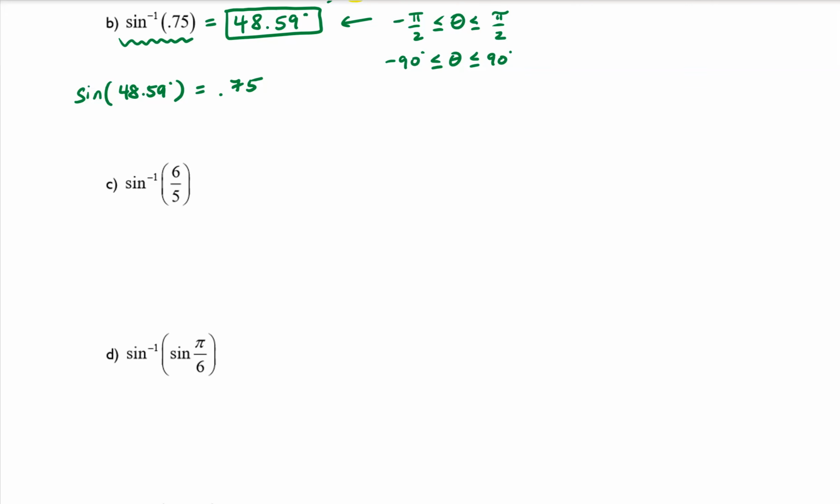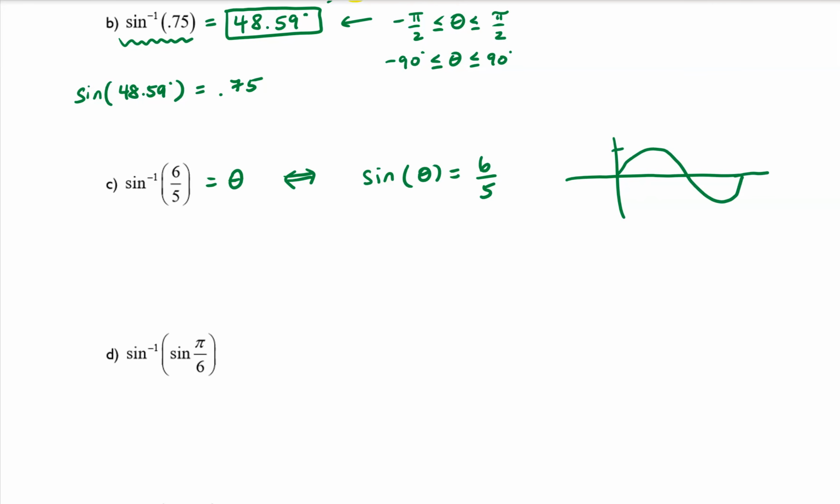For part C, we want to take sine inverse of 6 over 5, and that is equal to some angle theta. And we could rewrite this in a different way, saying that sine of theta, whatever that angle is, is equal to 6 over 5. Now, we just got done with the section on graphing trigonometric functions, and if you remember what the graph of this thing looks like, it looks like this, where the amplitude is 1, and so the highest the sine value can be is positive 1, and the lowest the sine value can be is negative 1,